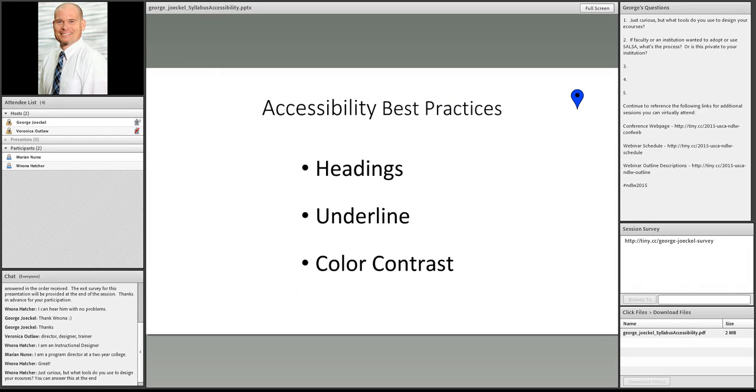So, in terms of accessibility best practices, I really want to focus on three accessibility practices, and people could argue about which are the most important ones, but these are three, again, that I think everybody can get their head around. I'm not sure how familiar you are with images, but a lot of people know about images now and how they need to have an alt tag, and these are ones you might not know as much about. So I thought I would cover these today.